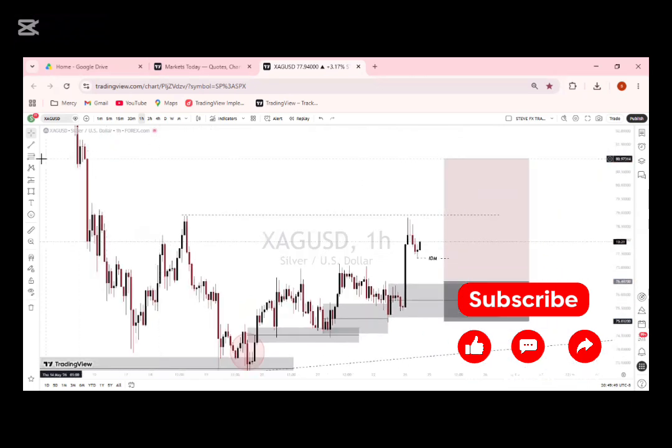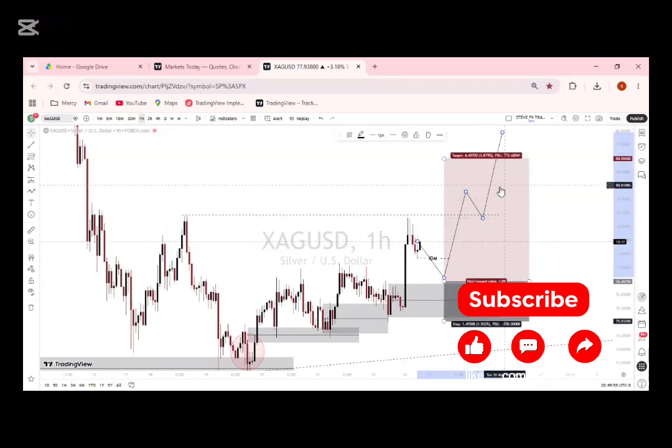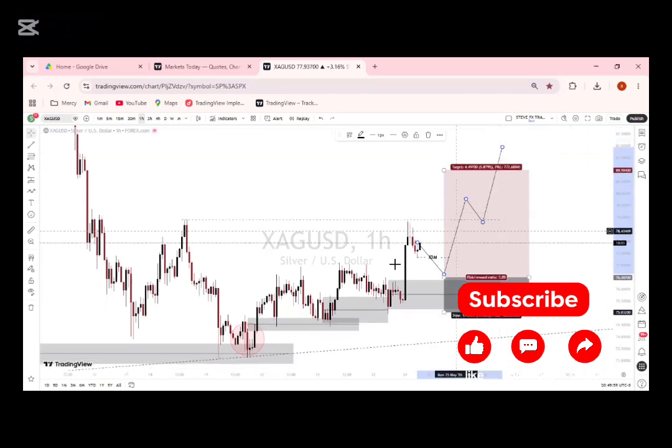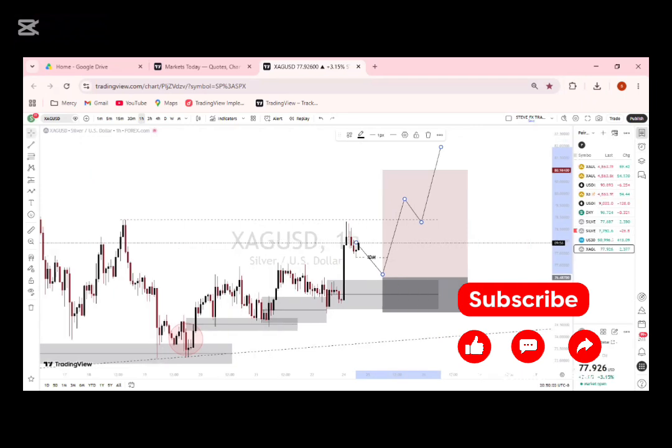So if the market goes up from here and then continues like this, then we will be seeing a continuous bullish move on silver. So that is what we can expect from silver within the week as well. So let's also analyze